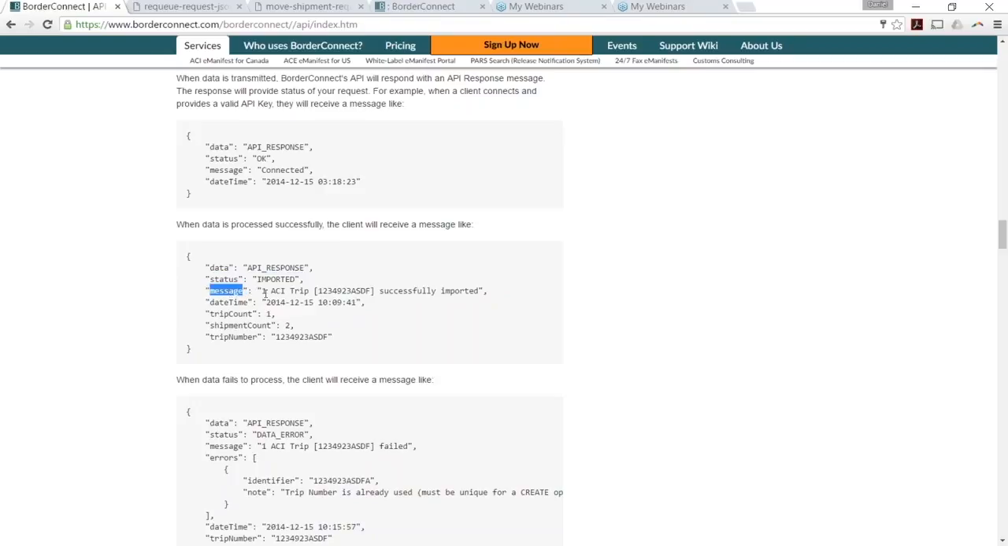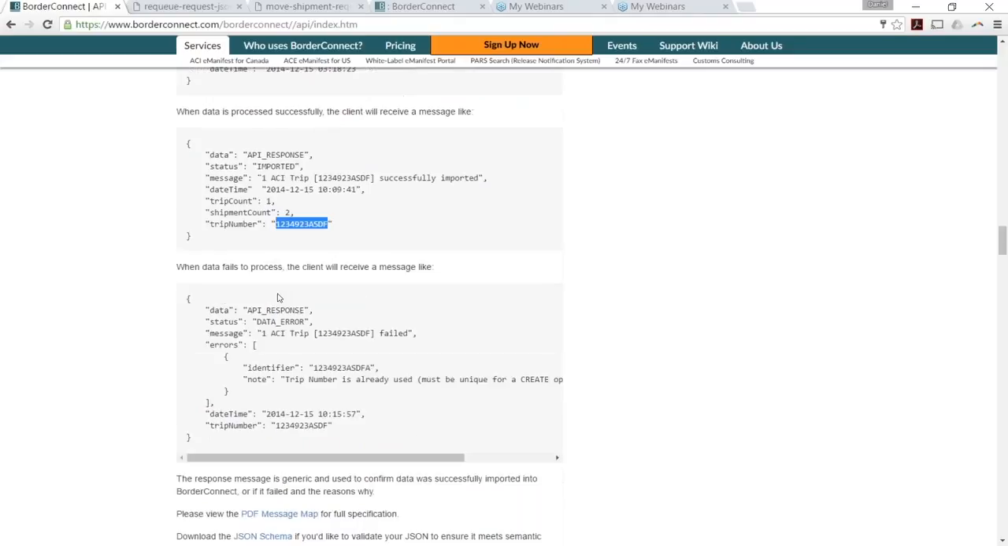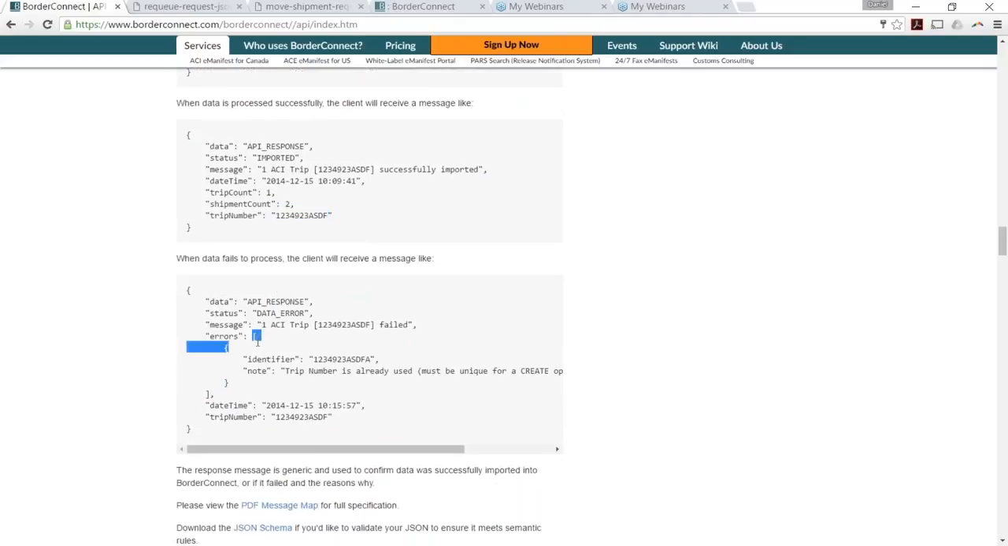So in this example, the message is saying one trip accepted or successfully imported. It's giving a date time, a trip count as an integer, and a trip number as a string. If you're familiar with coding at all, you'll recognize common data types here: integers, strings, and then you can have nested objects. So I can have a list, an array of objects, which, again, if you're comparing this to